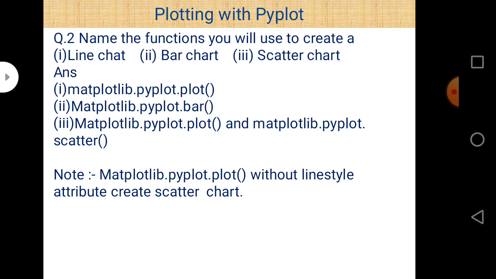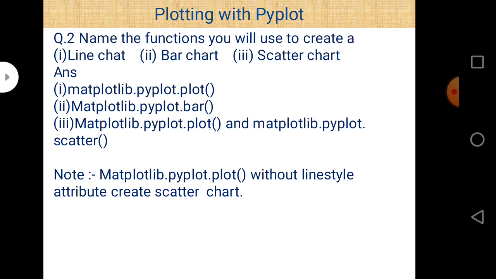So first of all matplotlib, then pyplot, and then after that the plot function for drawing a line chart, and for a bar chart matplotlib.pyplot.bar, and for scatter chart matplotlib.pyplot.scatter, and we can also draw a scatter chart using matplotlib.pyplot.plot without the line style attribute.